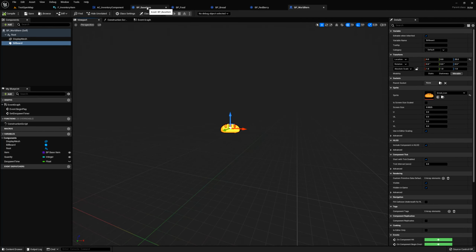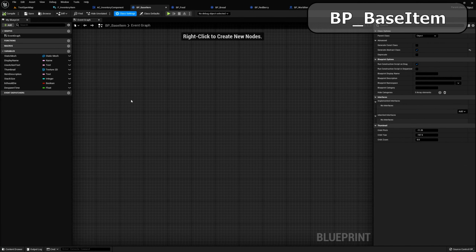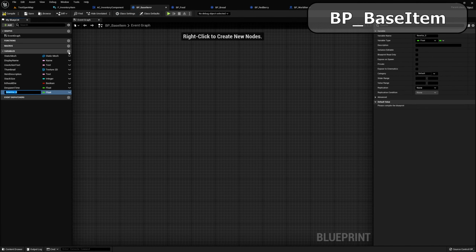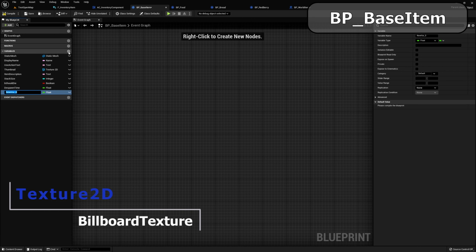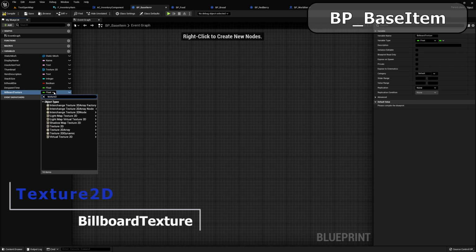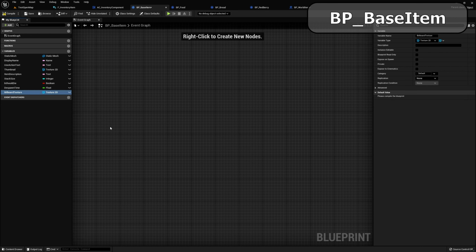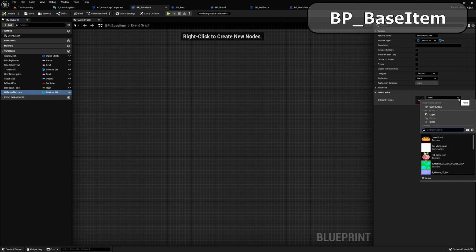One way we can do that is if we come back in here into the BP base item, and add another variable. We'll just call it billboard texture, and set this to a texture 2D. I believe it's the same thing here, texture 2D object reference. Save that. Let's change this texture to be default. Remember, I told you setting defaults here in the main base item isn't always the best, but let's set this to make sure we default to the